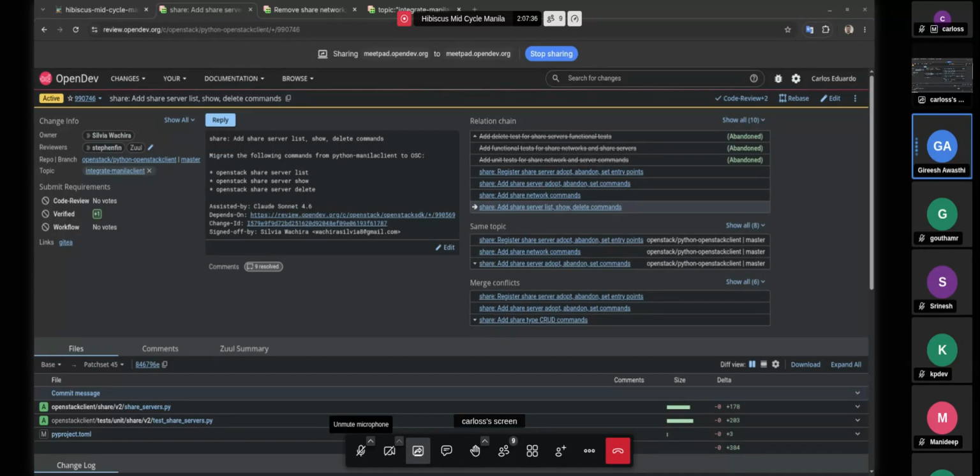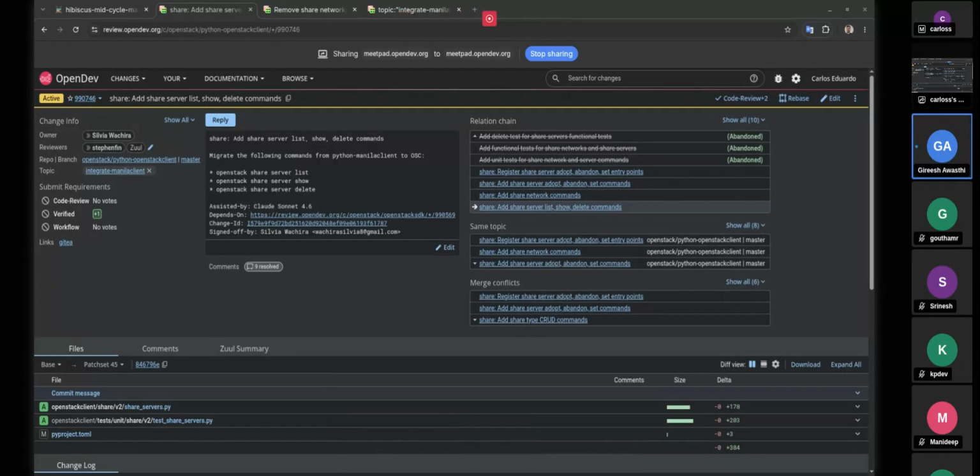So what is the purpose of dropping this repo actually? They don't want to maintain the two repos? That is the purpose, or because if you're making the change here, right? Even you can run the OpenStack command and those whole things, right? Yeah, that's a very good question. The purpose of dropping at some point is going to be a side effect of what we are doing right now, migrating. The main thing we should be focusing on is the migration and getting the benefits from the Python OpenStack client. That's pretty much what we are targeting.